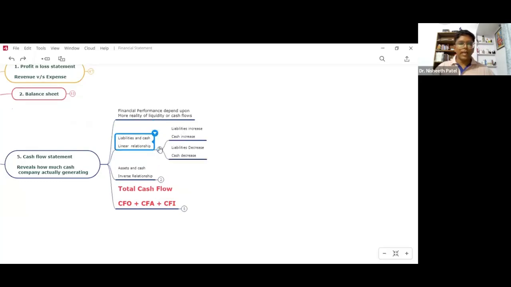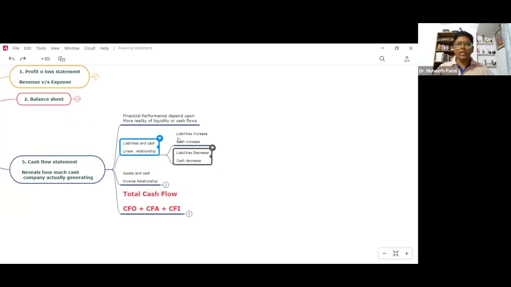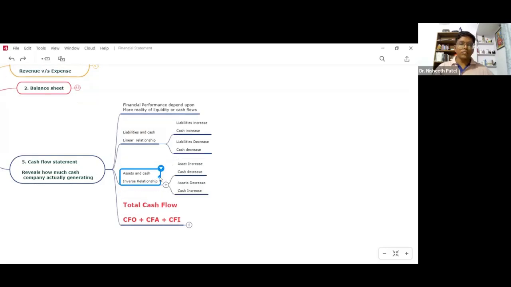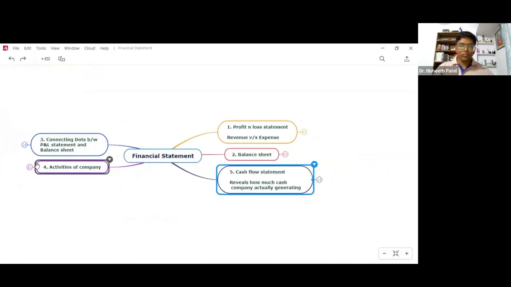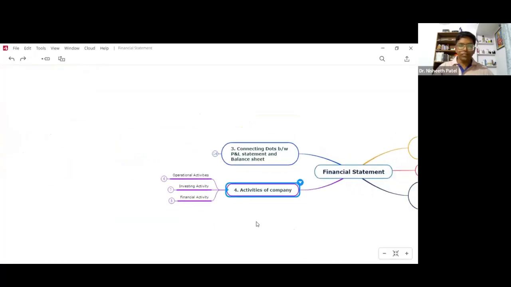So liabilities and cash have a linear relationship. If we can see that the liabilities increase, cash will increase. From the asset side, as the asset increases, cash will decrease. Okay. So now coming back to the cash flow statement, these are the three activities that a company basically does: operational